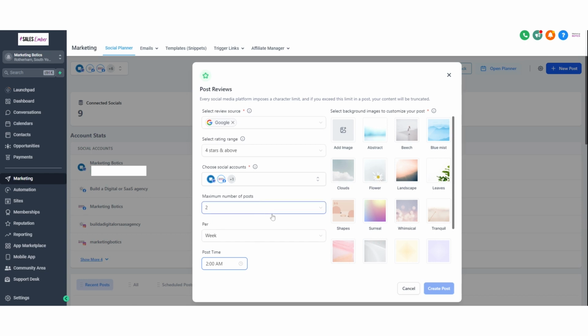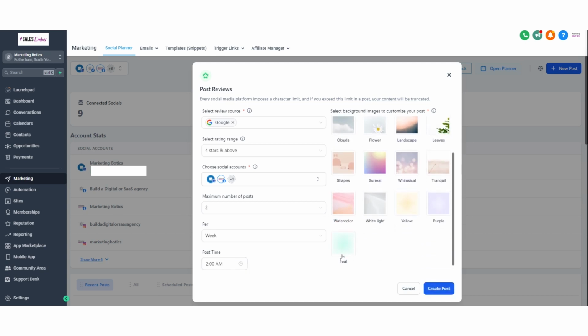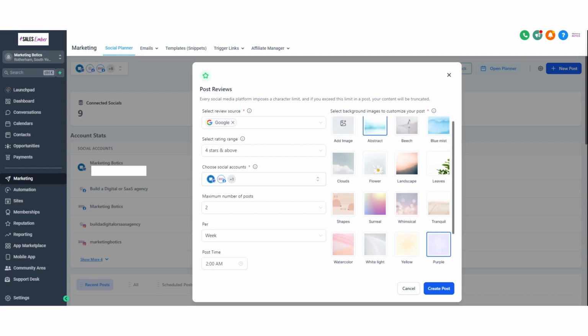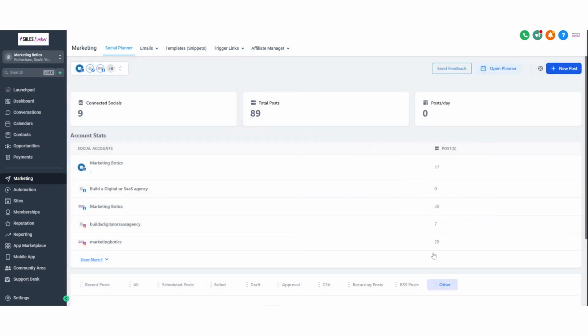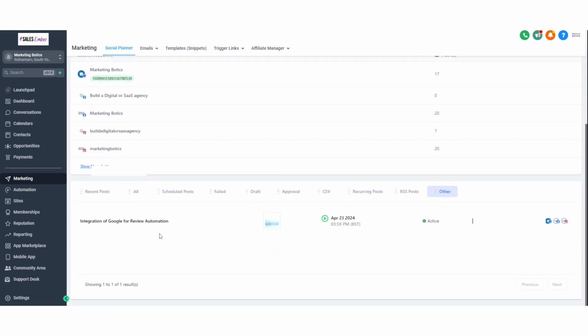And then for the background, I can add an image, so I can add my brand behind, or I can just pick a background like abstract or teal, or some purple or something. As I said, I can also add an image to go behind, and then I just create that post, and that is now set up to auto post my Google reviews directly onto my social